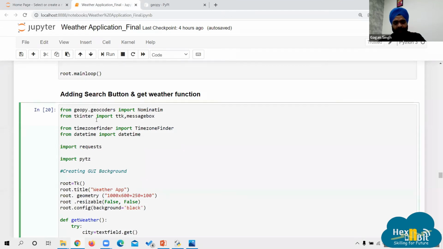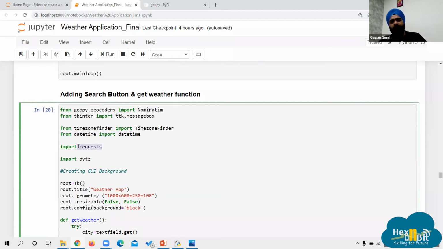So GeoPy is there. Tkinter is for a normal part. Time zone finder is another module that we are using. Time zone finder we are using to get the exact timing of that particular place. Then datetime is used to make the requirements for it. Import requests is used to request to the weather API.